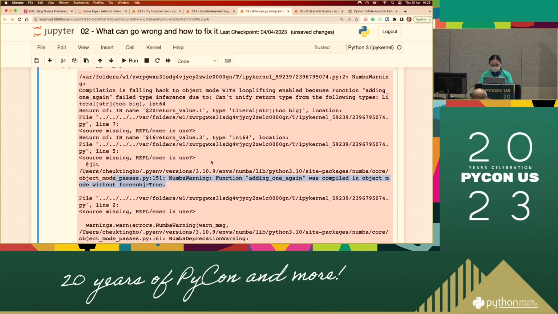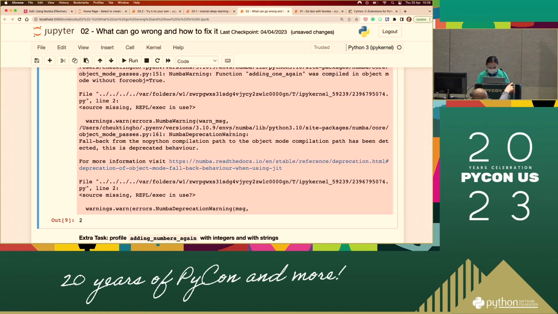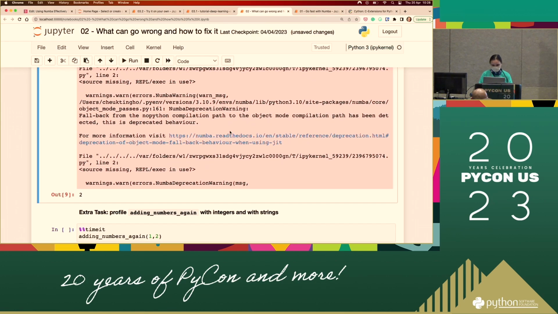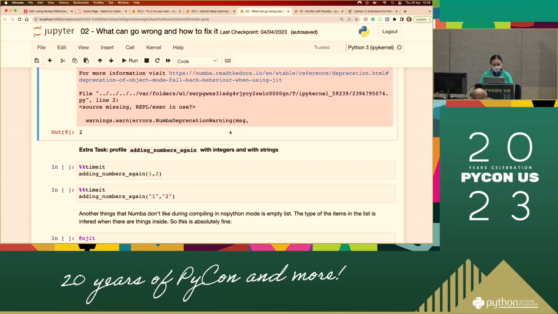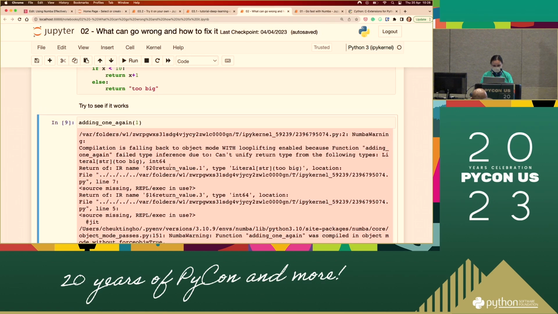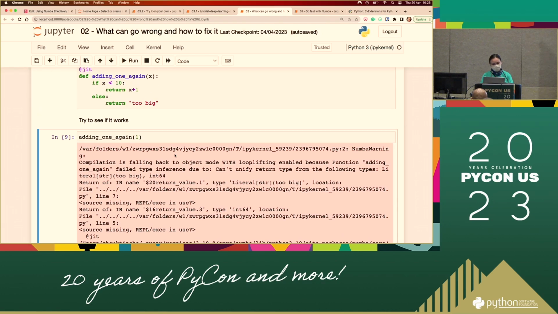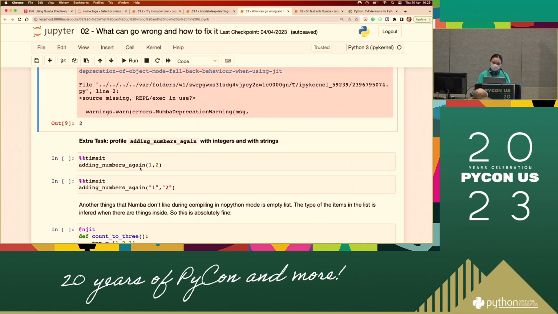Maybe there are multiple problems here. You can see like, oh, you already compiled it before. Without force object equals true, if you add force object equals true to the decorator, it'll just pass without it. I think now it's saying that you're kind of forcing it. Do you really want to force it? And then you said yes, I want to force it. Then it won't warn you because you already know what you're doing.